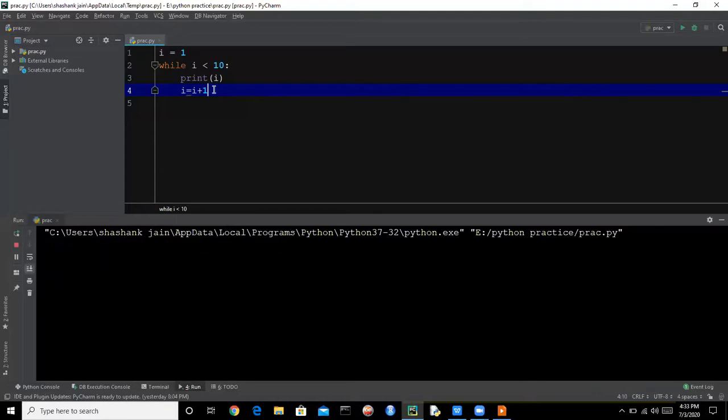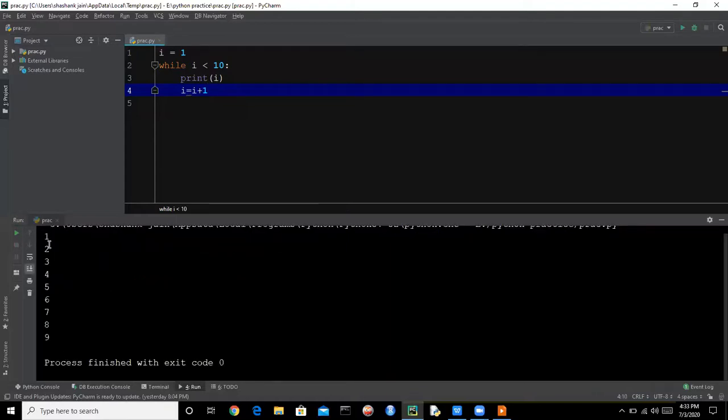So now we'll run this, and it is printing 1, 2, 3, 4, 5, 6, 7, 8, 9. It is not printing 10, because when i is equal to 10 and the condition is checked, 10 is less than 10 is not true. 10 is equal to 10.